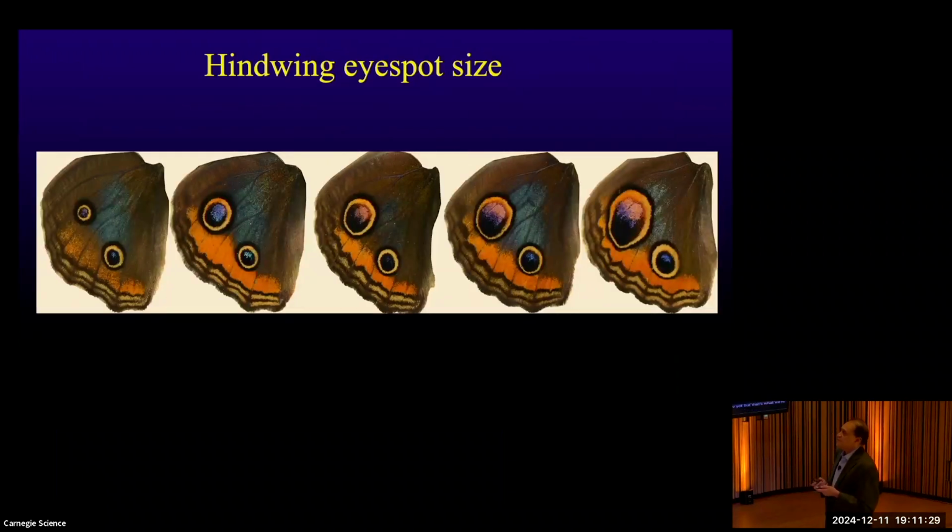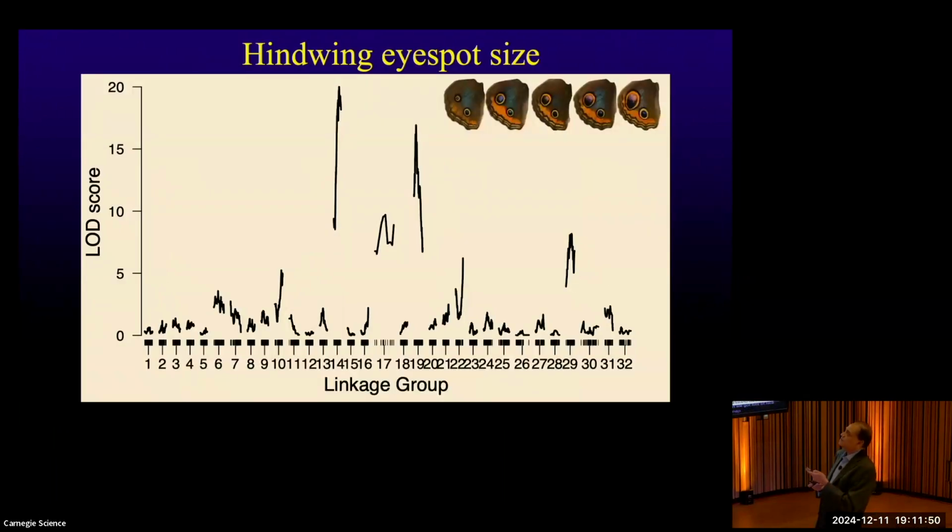The other thing that we can see is that there are all sorts of other things that Edith selected for. So basically, she was selecting for pretty butterflies, right? And so it was interesting to see the other things that she looked for. One of them was for the eye spots on the wings to be bigger. And so again, in our F2 generation, we get lots of nice variation in eye spot size. And we can map this very clearly to a small number of loci that control eye spot size. So that's something else we can get at.